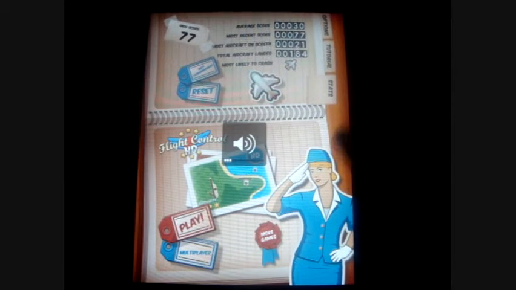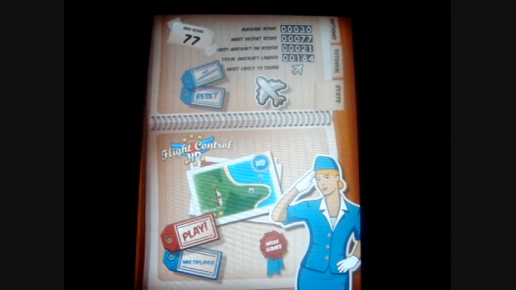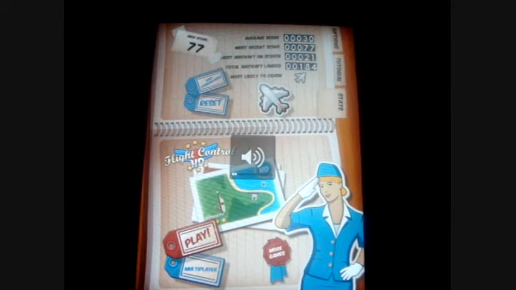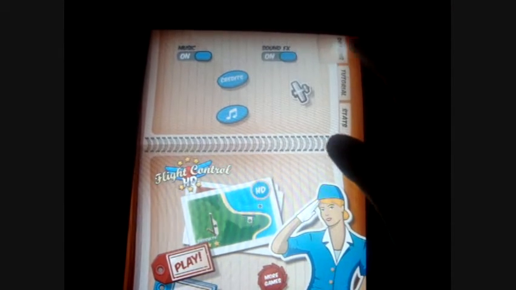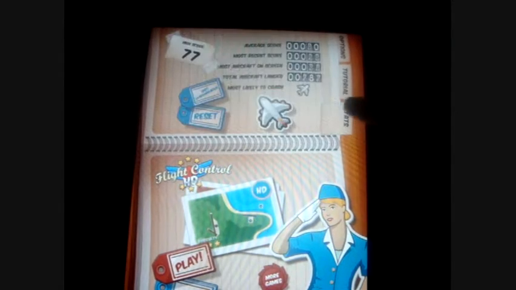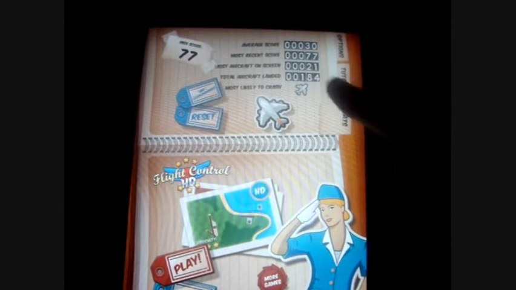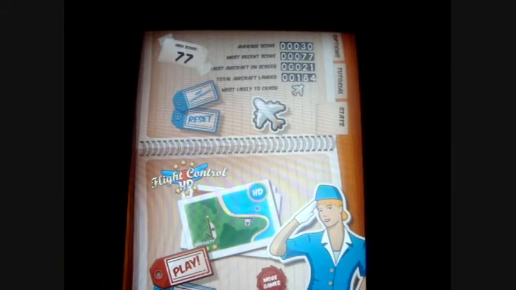So you guys can see there's a nice little music playing right when you start the app, so I'm going to put the volume a little down. And then this is the main screen when you actually come. So at the top it actually shows your average score, your most recent score, and sorry, I actually changed it, so stats, then the most aircrafts on screen, the total aircraft landed, and the most likely to crash,